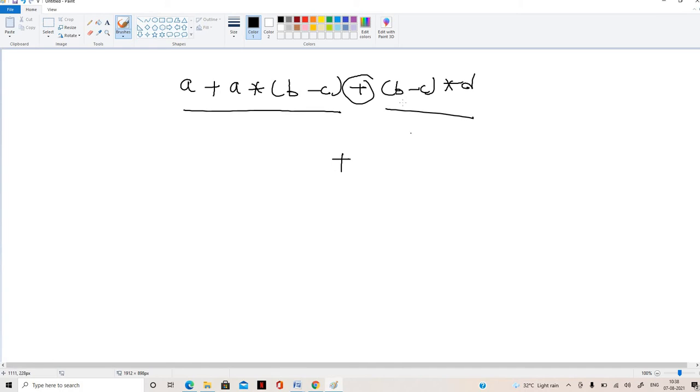Then I evaluate this part: star will come, then d, and another b minus c, where minus will have b and c.